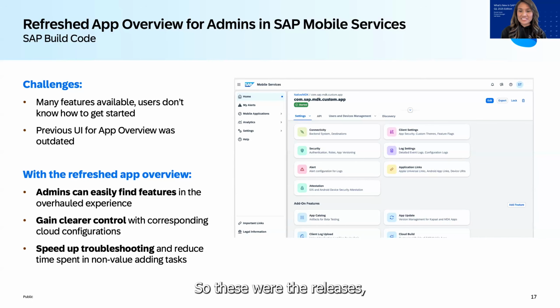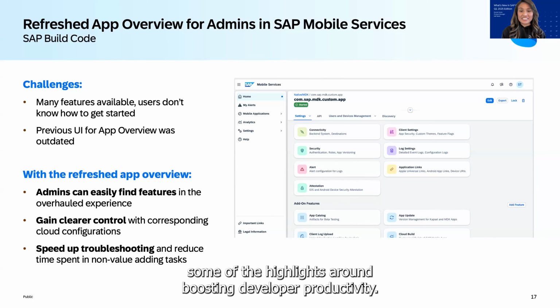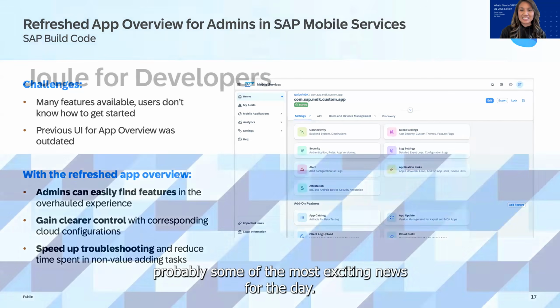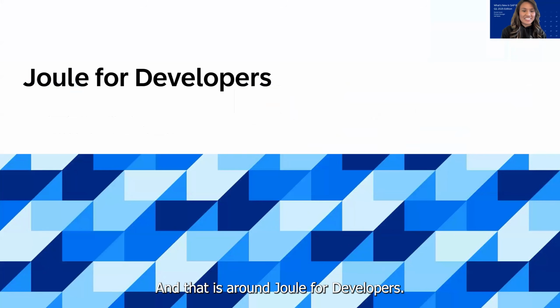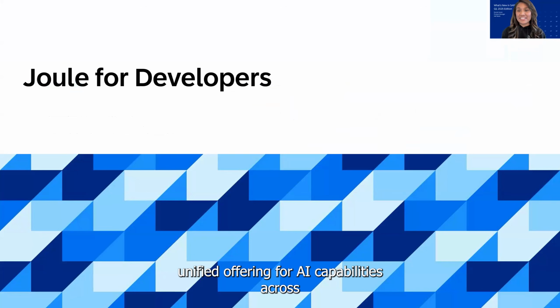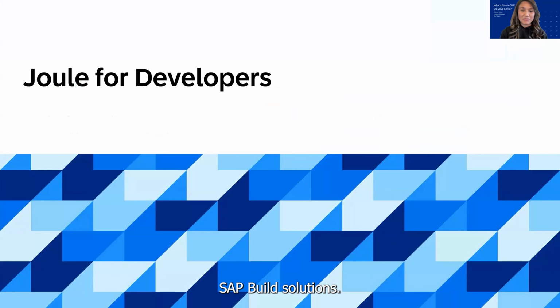So these were the releases, some of the highlights around boosting developer productivity. And now I think we can move into probably some of the most exciting news for the day, and that is around Joule for developers. So Joule for developers, as you probably all know, this is our unified offering for AI capabilities across SAP Build